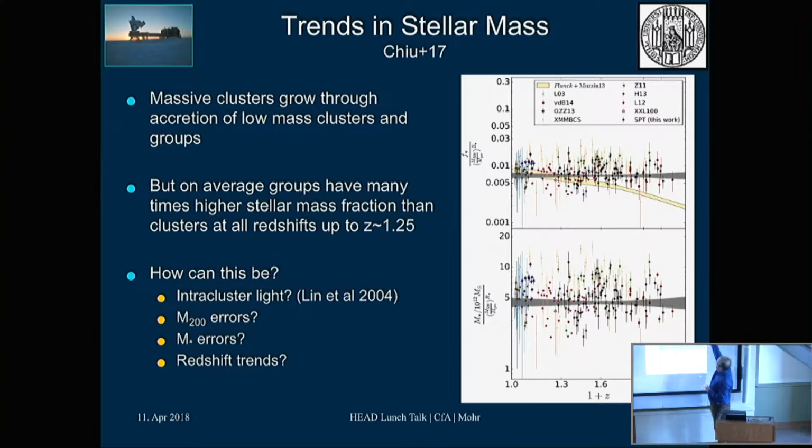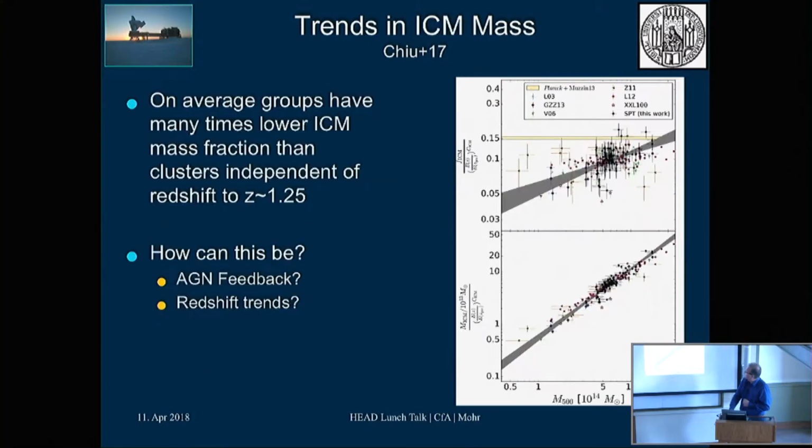What is shown here is the trend in F star on average in the universe, using Planck for the baryon fraction and using Moustakas 13 to measure the stellar mass fraction averaged in the field. You can see that over time there's quite a bit of evolution in the overall field stellar mass fraction, but in clusters there's no evidence for variations, let's put it that way. They could be there. You can see the uncertainties are still significant, but there's certainly no suggestion of any trend.